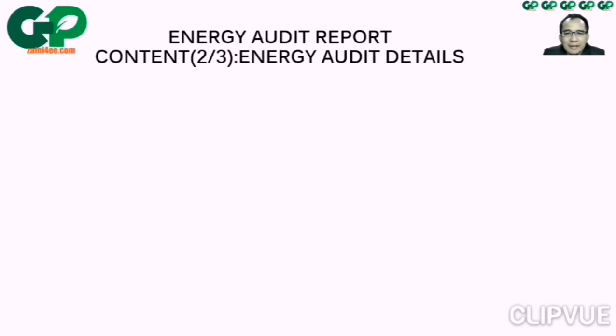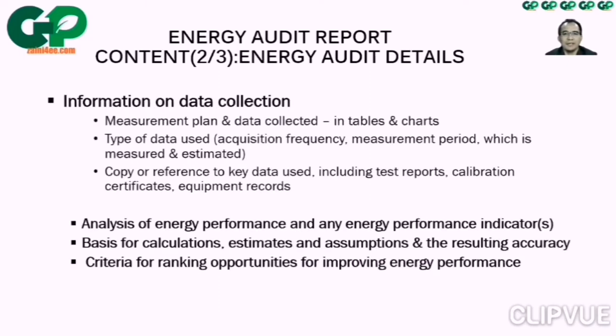The second part in the report is about the energy audit details. In this energy audit detail, you should have all the information on the data collection. The first one, you should report the measurement plan and data collected, normally in the form of tables and charts. Trending charts, pie charts, and all that. And then the type of data used, such as how frequently the data was collected, for how long, the measurement period itself, and then what actually